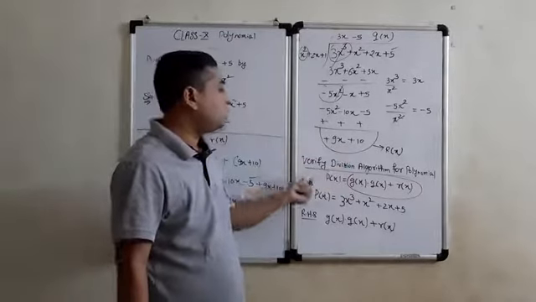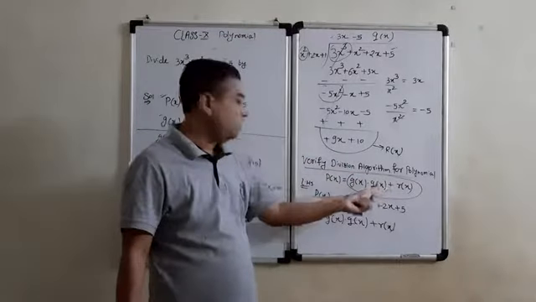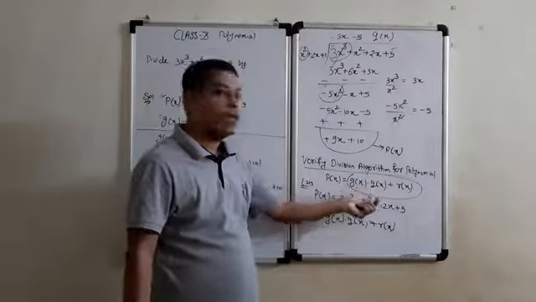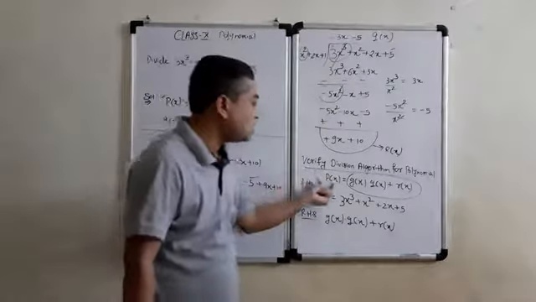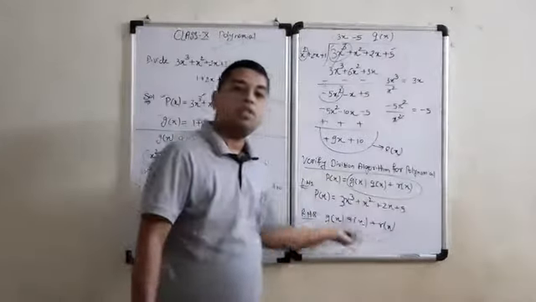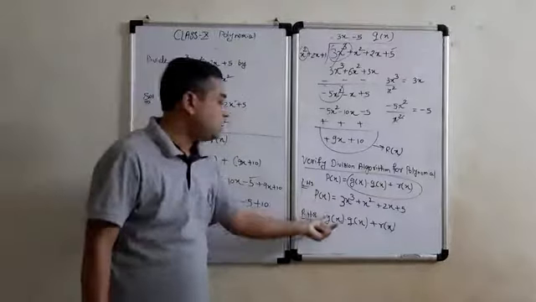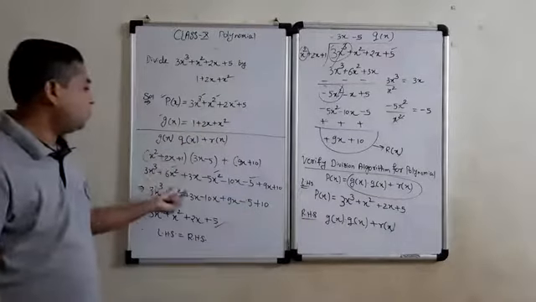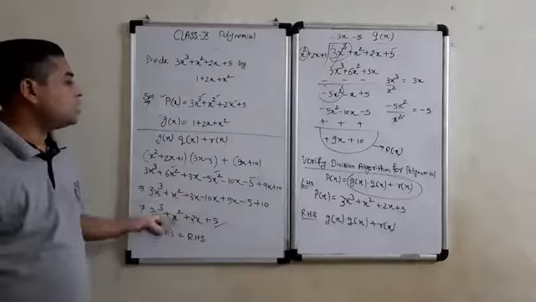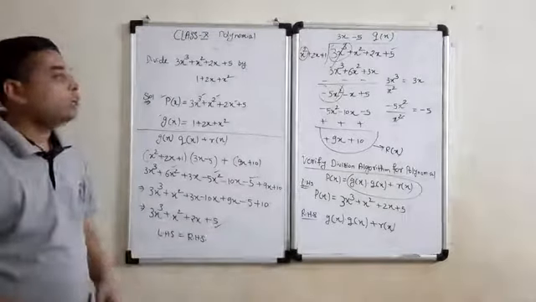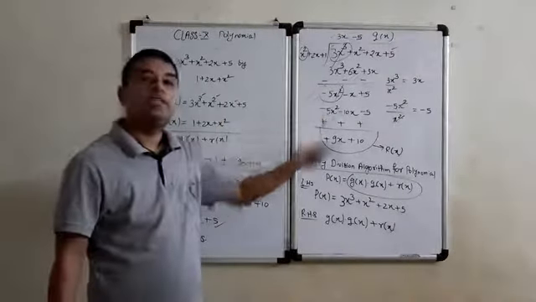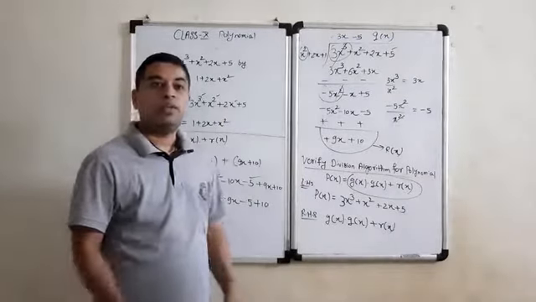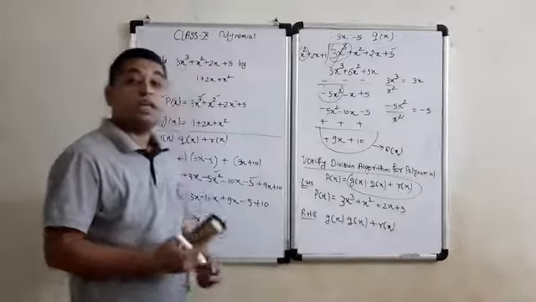And for verification of the division algorithm for polynomial, this statement we will verify. Verify means we will check whether the left hand side and the right hand side calculations come out the same or not. So after checking, we reach the conclusion that the left hand side and right hand side are equal. It means our long division method is correct. Okay student, now let us see another type of example.